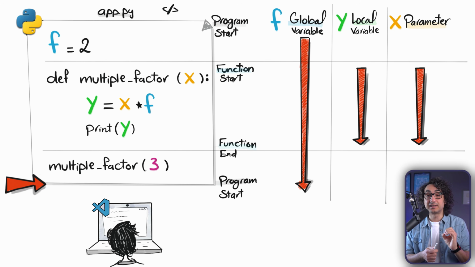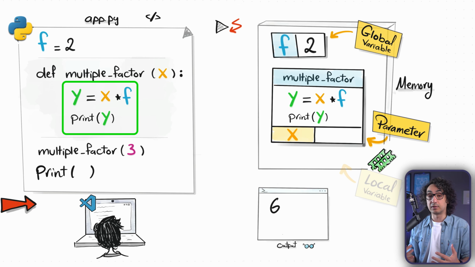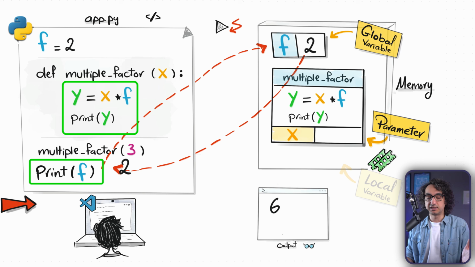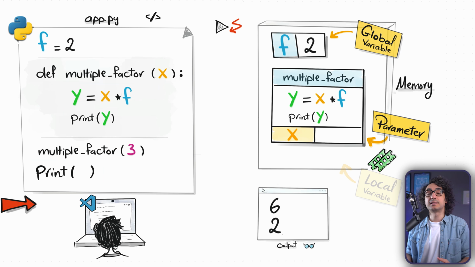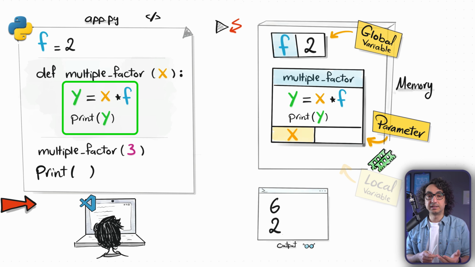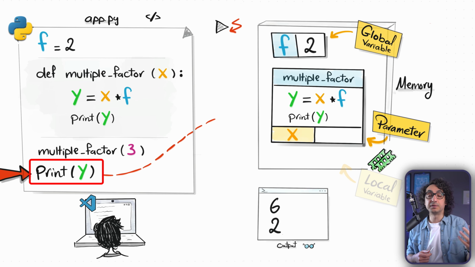The second point that is very critical to understand is how those things are accessed. Now about the global variable, you can access it anywhere. In our example, we accessed the global variable inside the function, and as well outside the function. For example, if you say print f, you will not get any errors and you can access its value. But for the parameters and the local variables, it is totally different. You can use them only inside the function and not outside. For example, here inside, it was totally okay. We used the parameter x in the calculation, we printed the y, everything is happening inside the function. But once you go outside, whether before or after, if you say print y, Python will not understand what you are talking about because in memory there is no object called y. Same thing goes for the parameter.